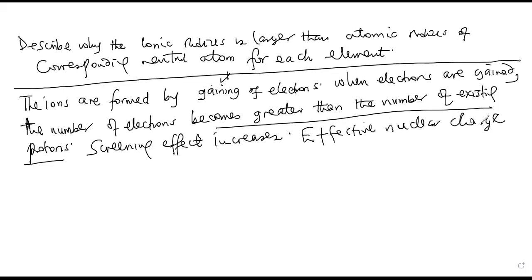The effective nuclear charge reduces. When the effective nuclear charge reduces, it means that the electrons become more strongly repelled, because of the screening effect, the repulsion is high. And even the nuclear charge, the force that would have attracted them, they are not well attracted to the nucleus,